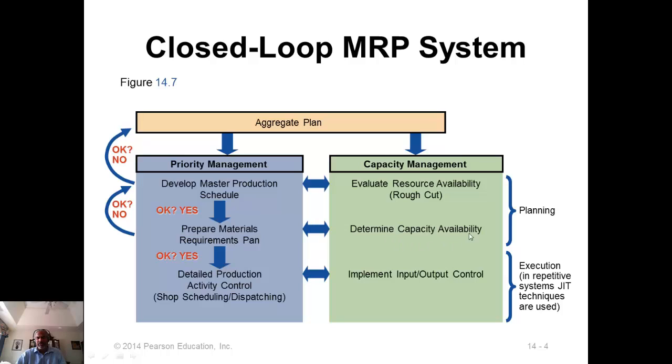And once again, you determine the capacity availabilities. Early on it was rough cut capacity planning, and in more recent times it is the capacity requirements plan. And if it is not okay, then you go back to the previous step and make adjustments. And if it is okay, then you proceed to the next stage of actual scheduling of products, where you will use what are called input-output control charts. We will discuss input-output control charts in the chapter on scheduling. So this process of taking an output and feeding it back into the capacity planning, checking and going back for fine-tuning the plans, is called the closed-loop MRP system.